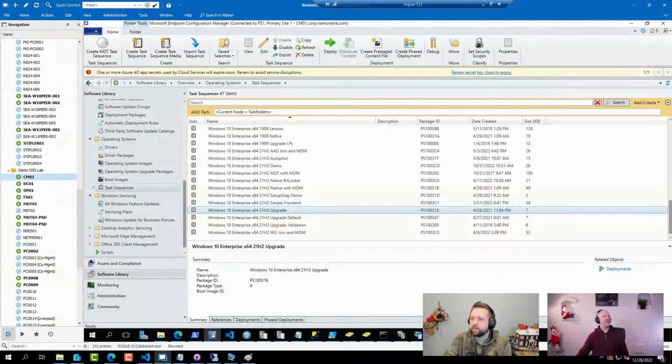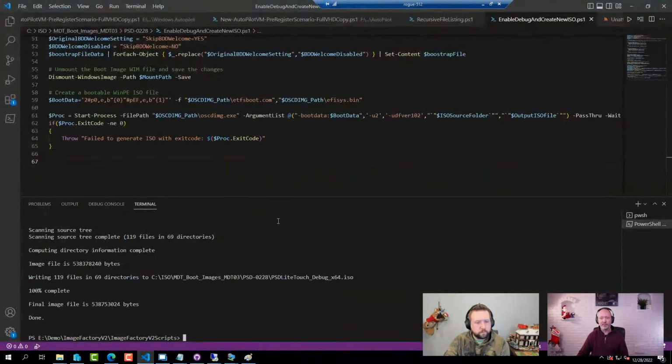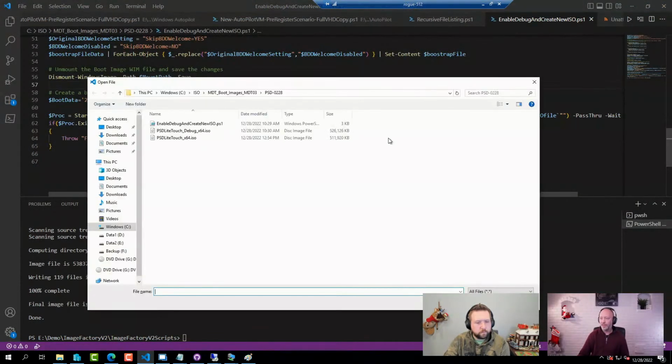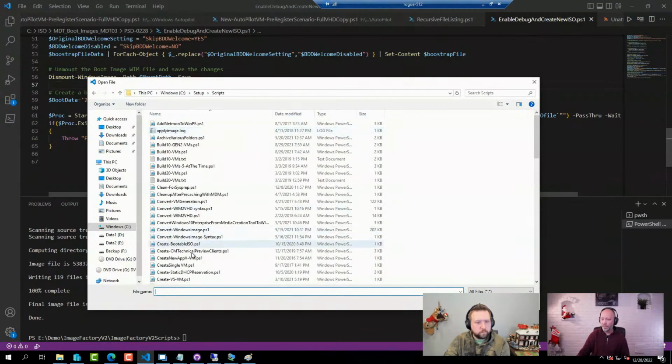There was one question coming in regarding updating an OS in a sequence. Yeah, this is something we have covered a few times in the series. I like keeping things simple. So if I can get away with it, if I don't need to make any changes to an image that I use, for example, for servicing or bare metal deployment, I usually just go ahead and download the latest ISO from Microsoft, and I do that monthly, and then I export that,